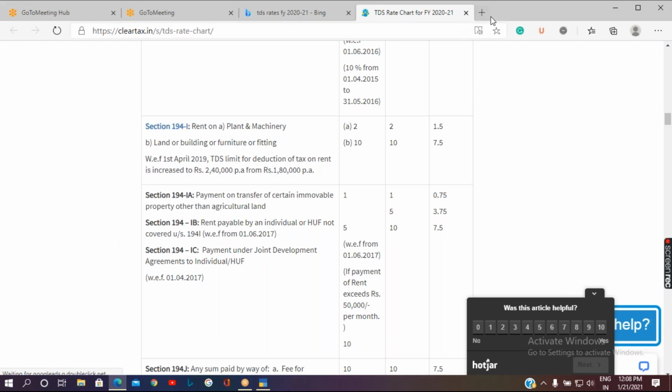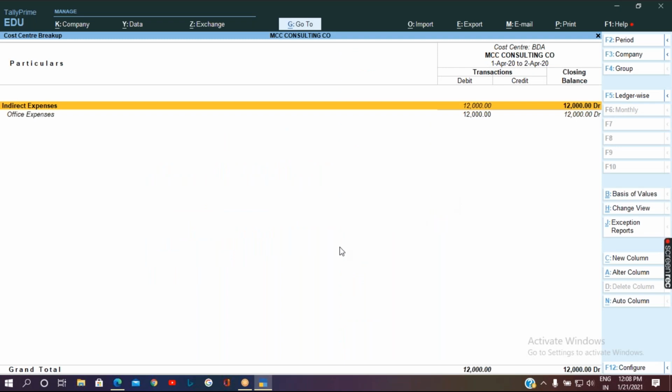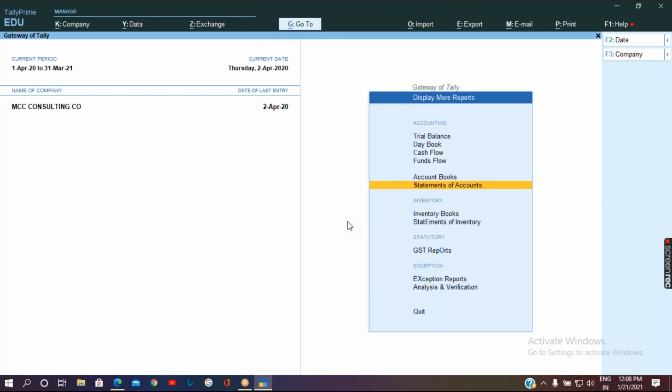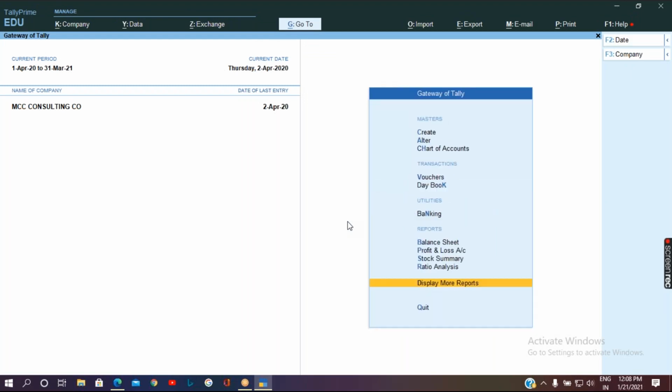Let us go back to Tally and try to enable the TDS option in Tally. How to enable TDS in Tally?